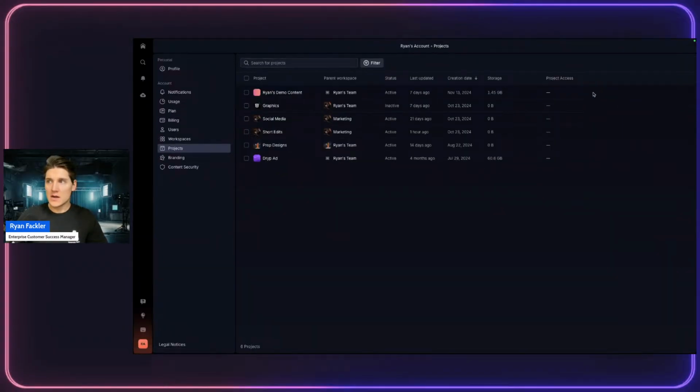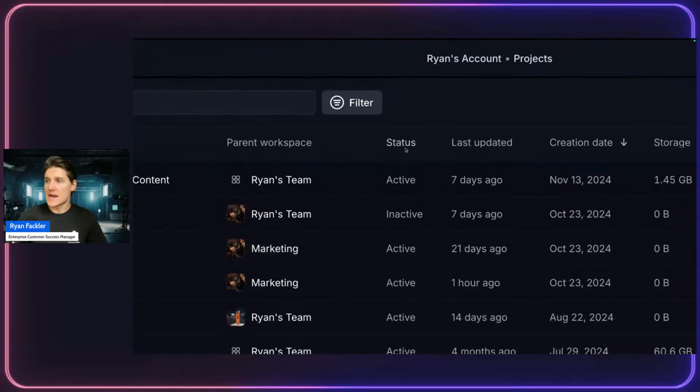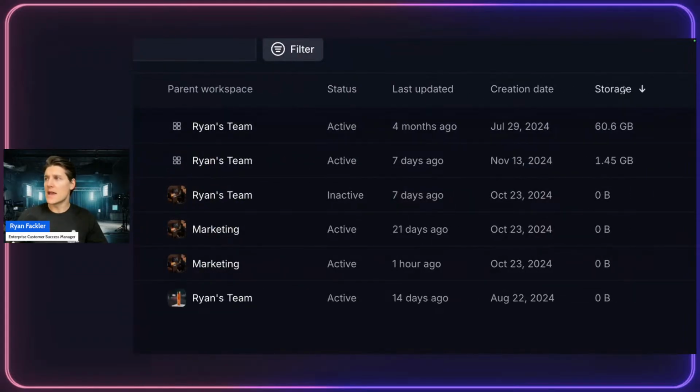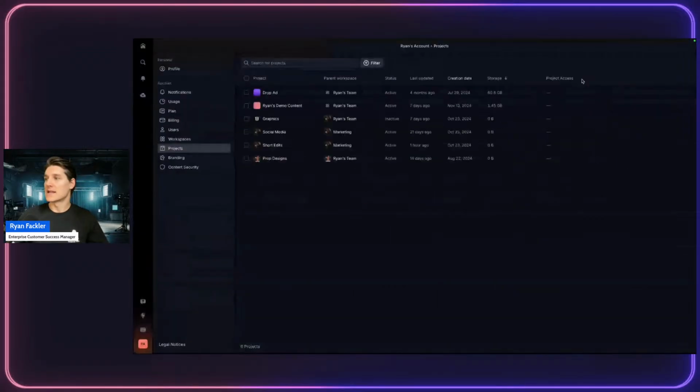Projects. You also can get an overview of your projects, the current status, whether they're active or inactive. I'll explain that in a moment. The last time it was updated, and the most frequently sorted option I would say is based on storage. You can determine exactly how much storage is being occupied within each project space. This means that you could then either offload content out of Frame or potentially delete that project if it's currently